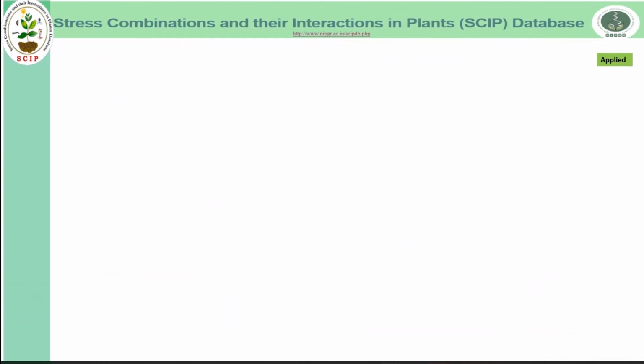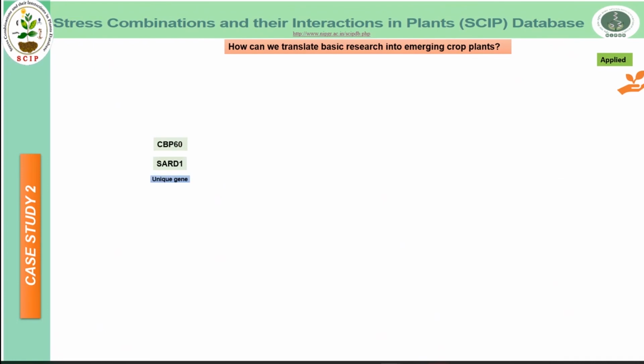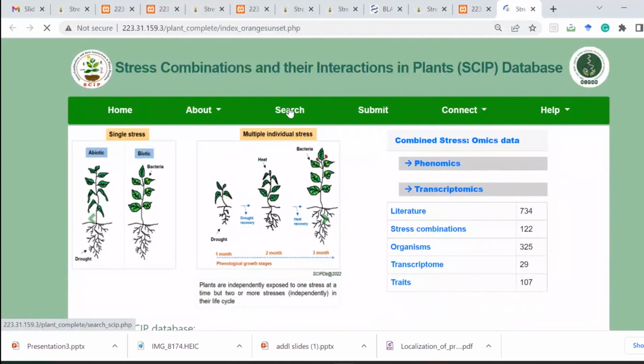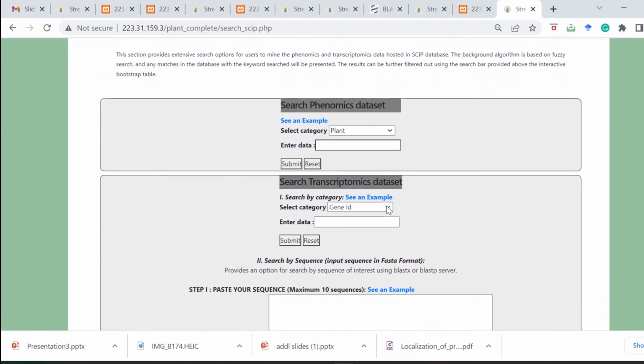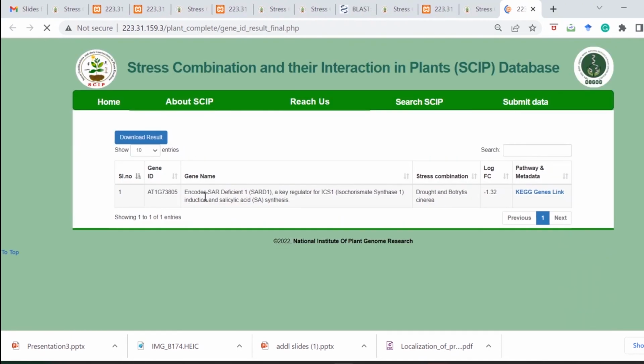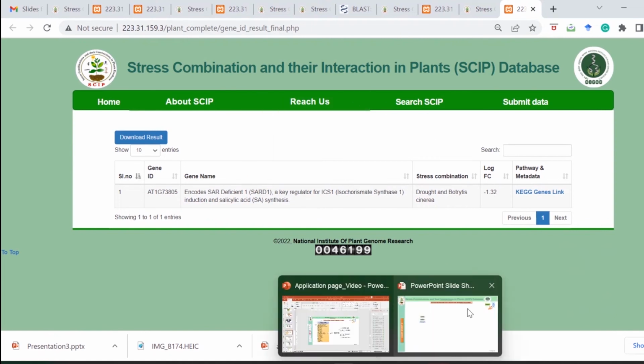As the second case study, we chose the genes SARD1 and CBP60. The role of these genes under the combined stress conditions was looked into using the database. And we found that SARD1 is involved in plant defense against drought and Botrytis cinerea infection in Arabidopsis. So to validate its function in